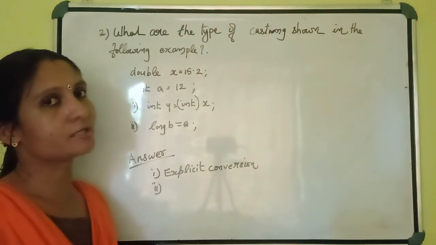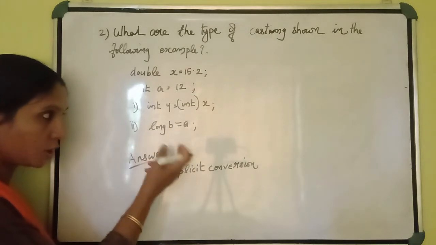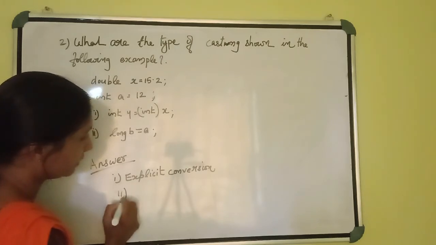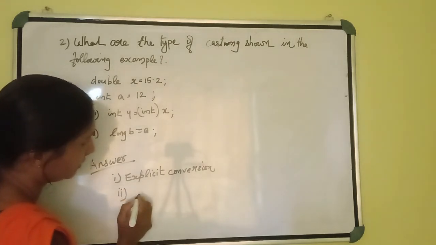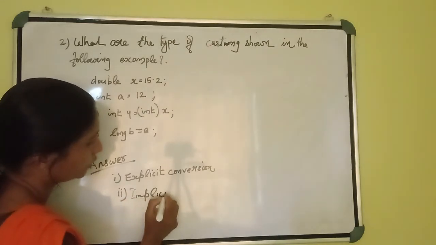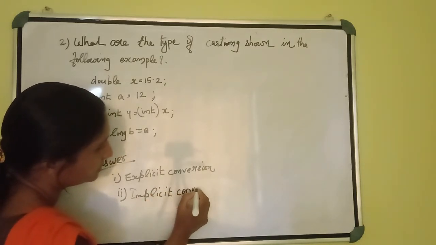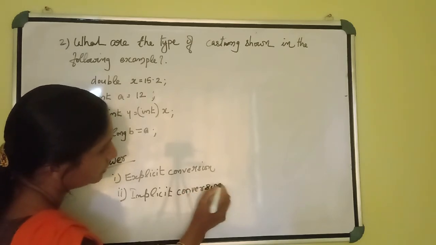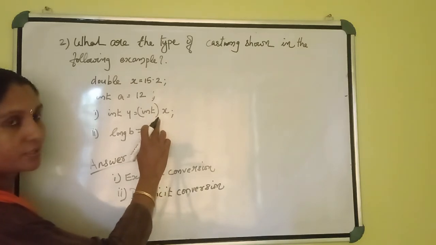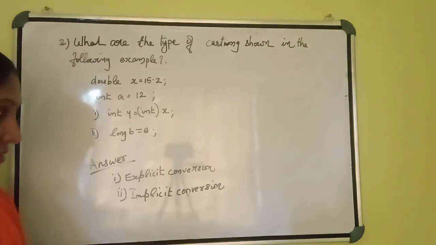We can easily convert from small to big size. And this happens automatically because there are no brackets. This is known as implicit conversion. Without the user's intervention, it happens automatically. This type conversion is known as implicit conversion. I told you we can easily identify these things with the help of brackets. If there are brackets, that type conversion is called explicit conversion. If there are no brackets, we can say this is an implicit conversion. I think you all understood about this problem.